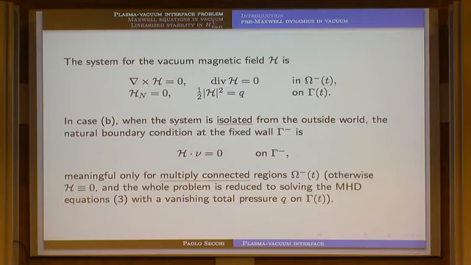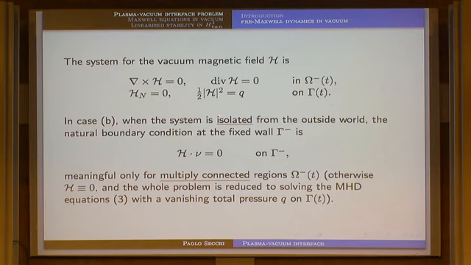In the plasma region, you mean? In the vacuum region. In the vacuum region, it is 0. Sure. So we have 0, and the problem reduces to H is 0, which means that we try to solve the plasma equations with the moving interface, and the total pressure is 0. Q is 0, given from this equality.